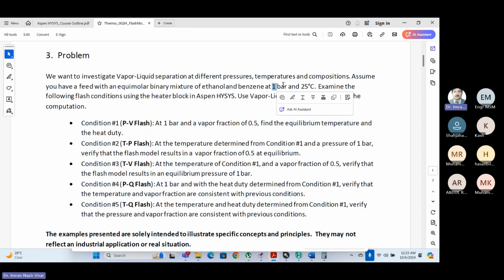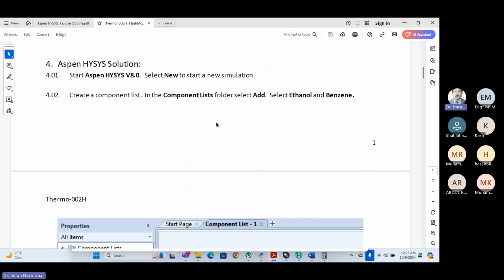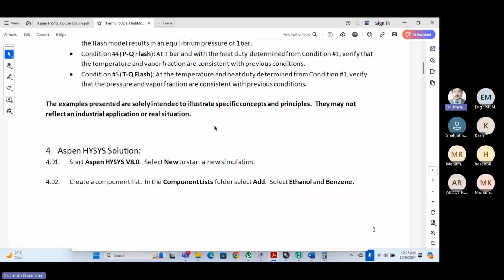और उसका प्रेशर बता दिया गया at 1 bar and 25 degree C. Examine following flash condition using heater block in Aspen HYSYS. हीटर ब्लॉक का मतलब है कि ये ब्लॉक कह रहा है जो हम ऑपरेशन कहते हैं। अभी हमने हीटर ब्लॉक ही यूज किया था। Use vapor liquid as the valid phase in the computation. ठीक है ना, हमारे पास वैसे भी लिक्विड वेपर ही होता है, वैलिड फेज होता है।